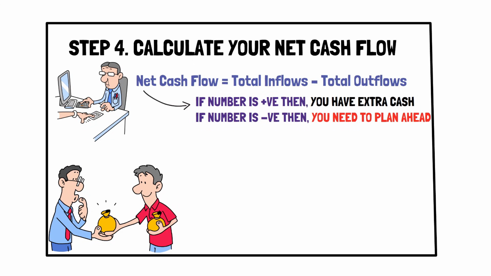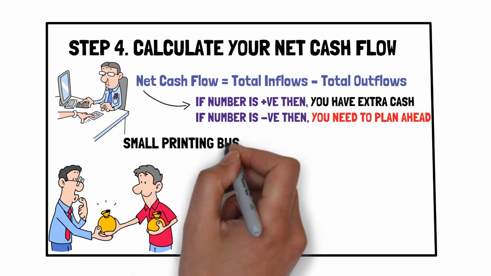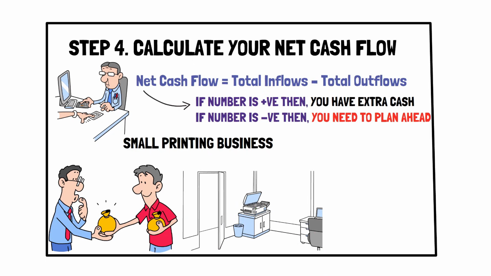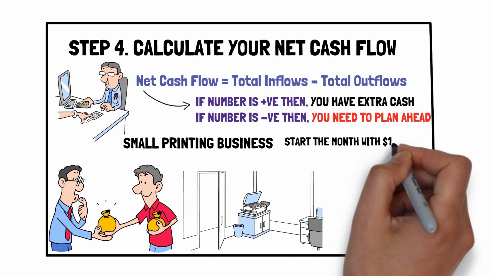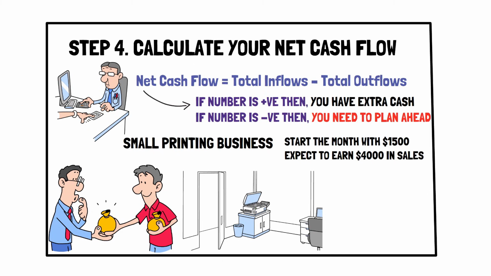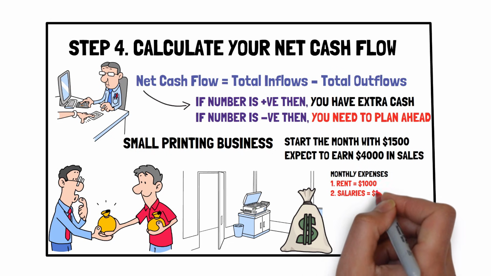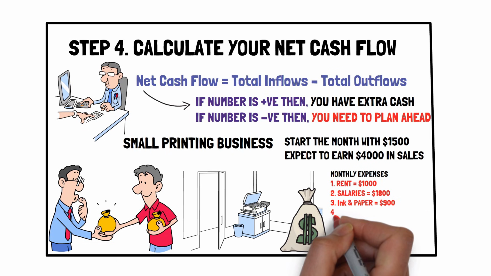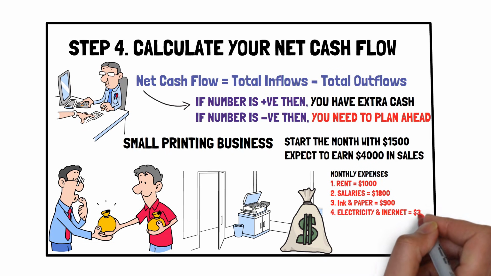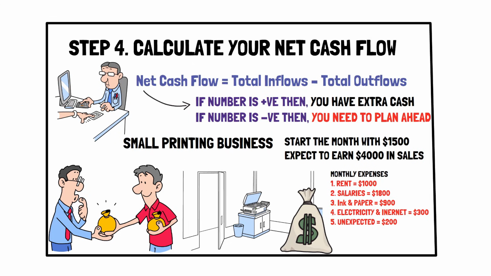To understand how this works in real life, here's a short example. Imagine a small printing business. They start the month with $1,500. They expect to earn $4,000 in sales. On paper, it looks great, but their monthly expenses add up quickly. Rent is $1,000. Salaries, $1,800. Ink and paper, $900. Electricity and internet, $300. Unexpected repairs, $200. Total expenses,